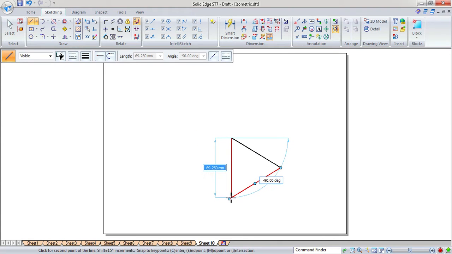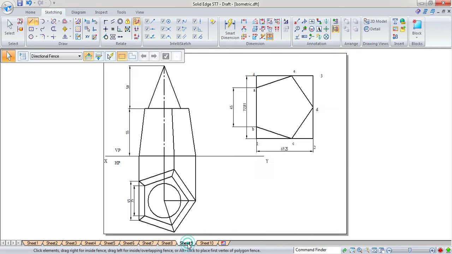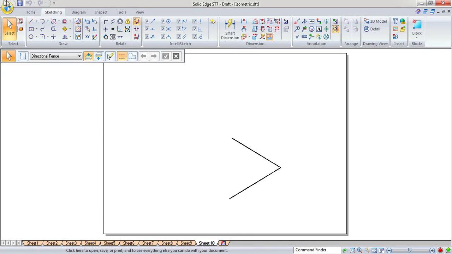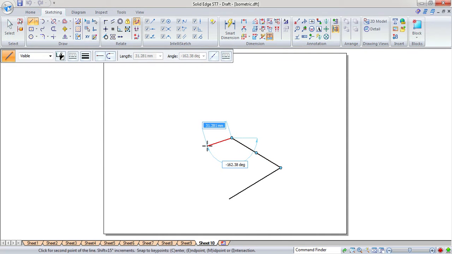Now along this one we need to draw the parallel, and the distance we give is 72.81 along the minus 150 degree line.